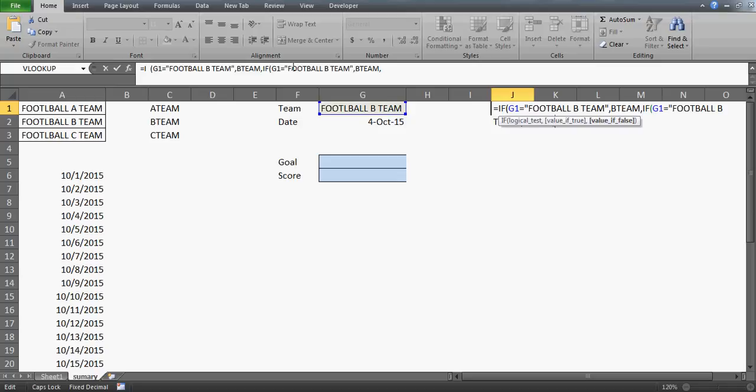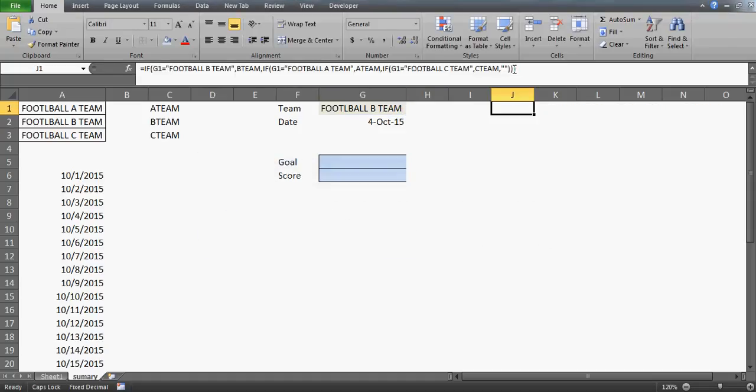If this is going to be equal to football A team, let's say, then I want this to be A team, and let me just copy this again. And if this is going to be my C team, I'll just explain what I'm doing actually. That's it. Just close the bracket, and there you go. So now what we need to check is if G1 is equal to football